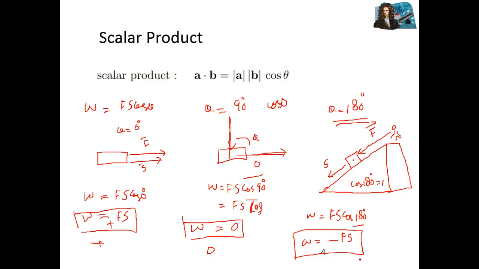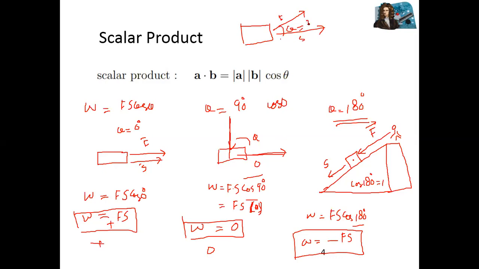When angle is 0, when angle is 90, when angle is 180, three different conditions. Although if there is an angle between two things, 45, then you need to solve. For example, there is a body and you want to pull this body in this direction, correct? So you need to apply force, and the distance will be covered in this direction. So when there is an angle, let's suppose angle is 30.